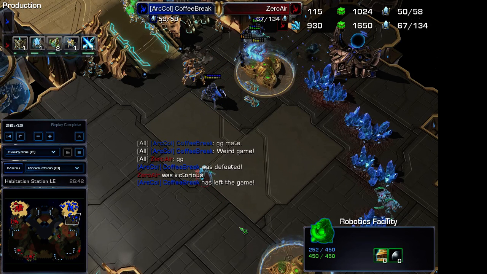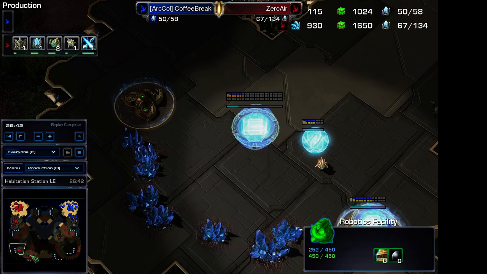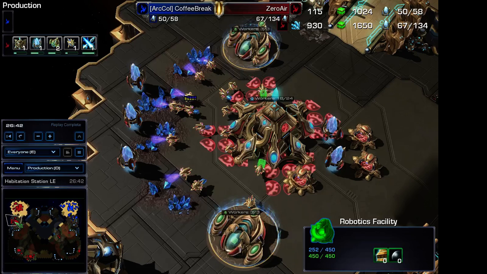So, what are two things that we can learn from this, guys? Well, first of all, I'm going to start with our red player, ZeroAir. Very good job of keeping up with his base production, even though I'd rather have his third base over here, where it's closer to his natural and main. But ZeroAir played a very aggressive game, forcing his opponent to be on his back foot while he established his second base, while he established his third base,